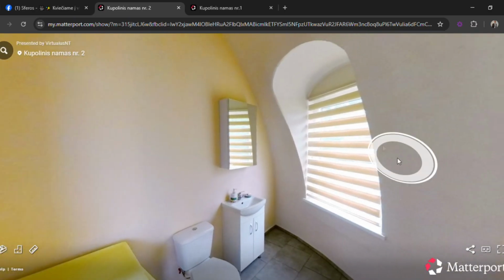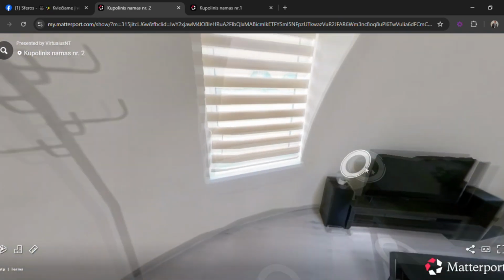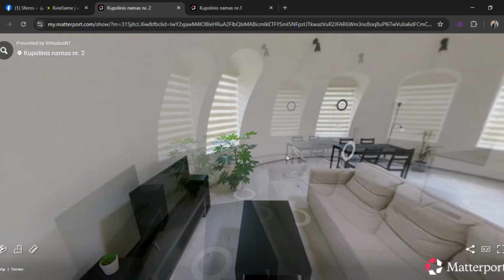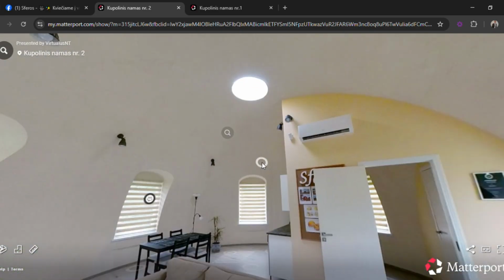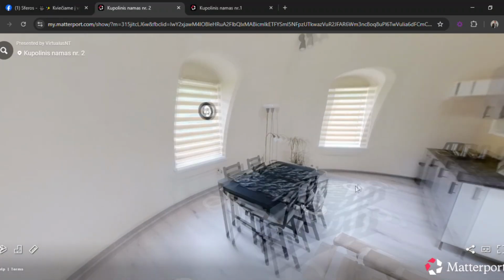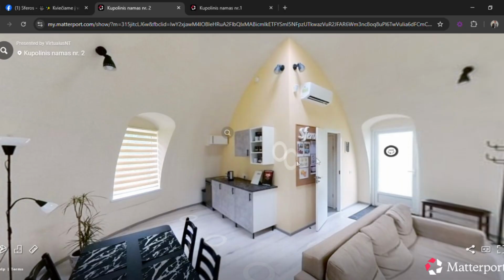Washing machine, toilet, sink, storage room door. We go to the TV, turn around, you can see a bit of the view outside the window, that kind of view, the skylight. I think every dome house should have a skylight. Let's stand in another spot where we can see the kitchen. This is how the partition walls look, the kitchen.